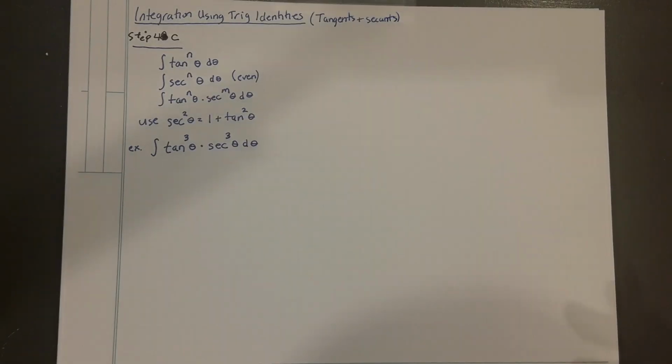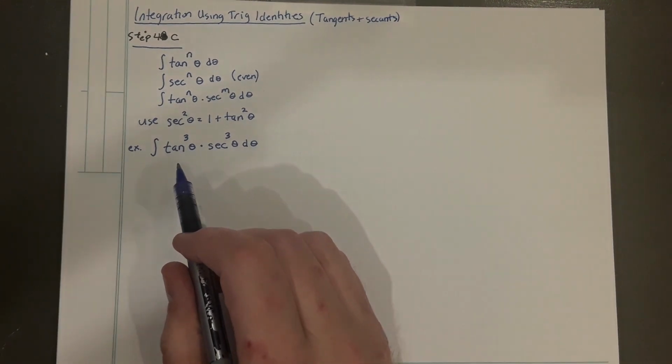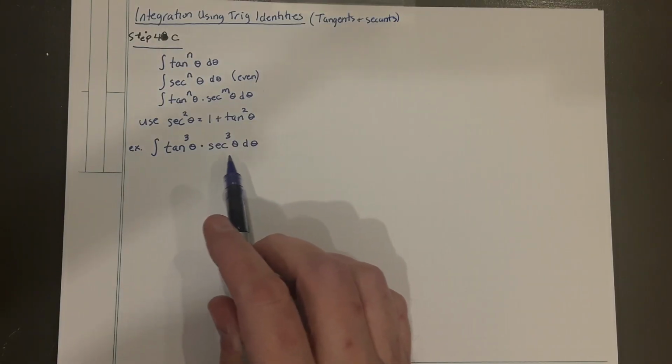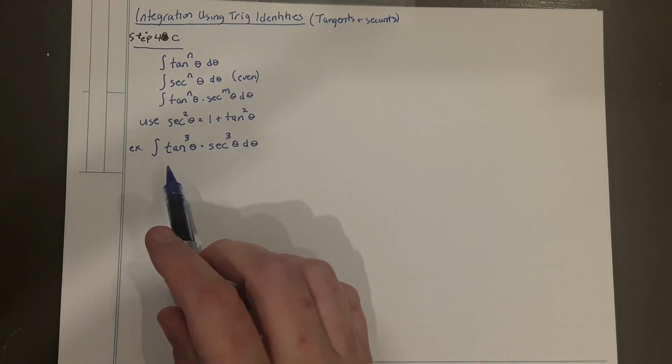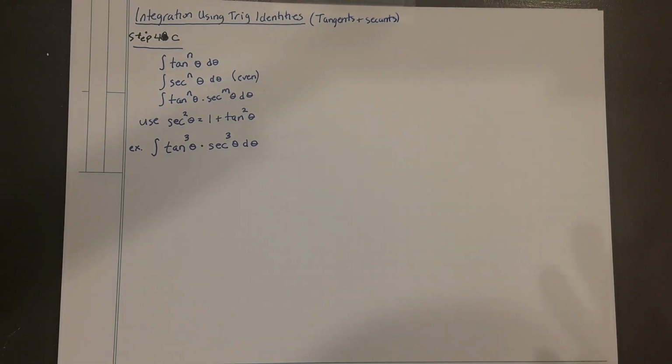Step 1, you can't do this as a power of angle theta because there are tangents and secants present, trigonometric functions are present. Step 2, you look for a function differential relationship. Derivative of tangent is secant power 2, not secant power 3. Derivative of secant is secant power 1, which you could borrow out of here, times tangent power 1, not tangent power 3. And so what you need to do is, if I break this question,